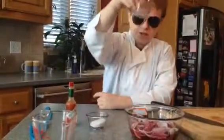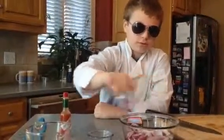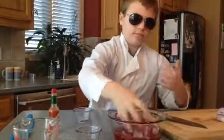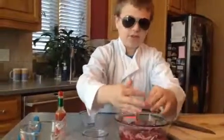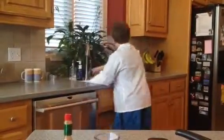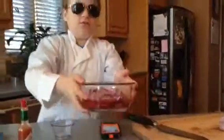And now to calm down that spiciness, sugar. And to calm down that sugariness, a little salt. Now I'm going to just stir this together. Now we just have to refrigerate that for an hour. So, I'm going to let these rest